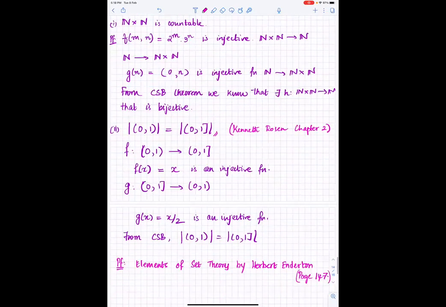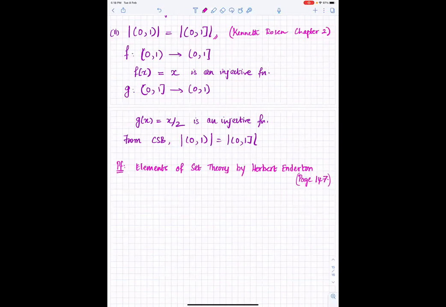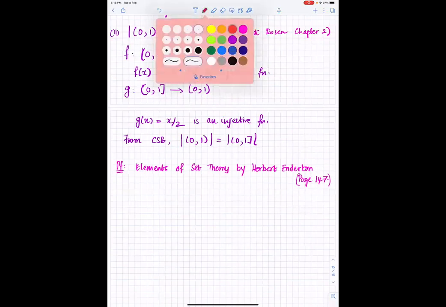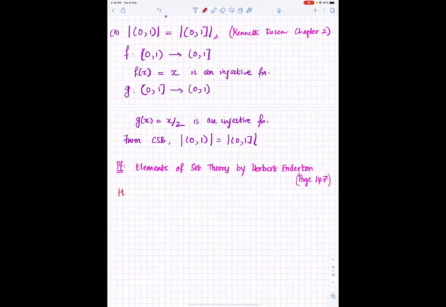Okay, so to do this, we will go back to what a mathematician named Hilbert did. Hilbert developed a thought experiment called Hilbert's Grand Hotel. In most textbooks, when you read about countable sets or uncountable sets, this hotel naturally appears. So what's the hotel? It's a grand hotel in the sense that it has,